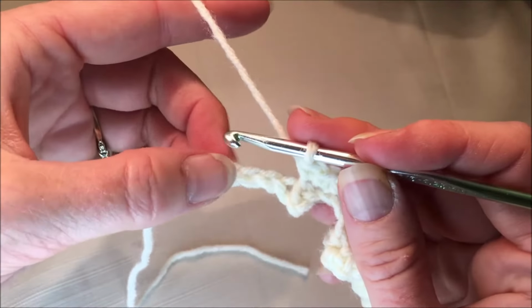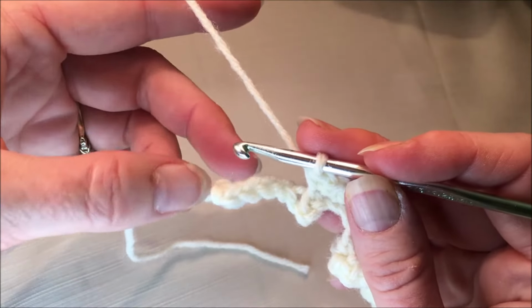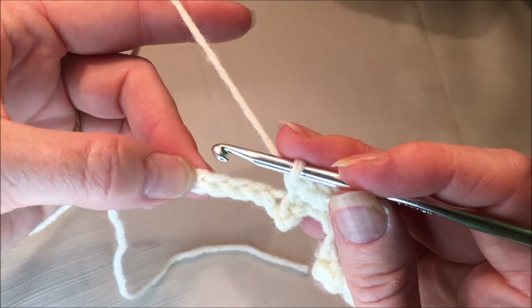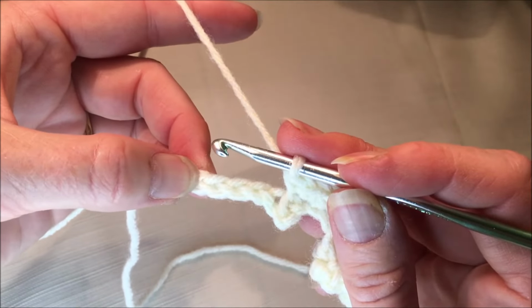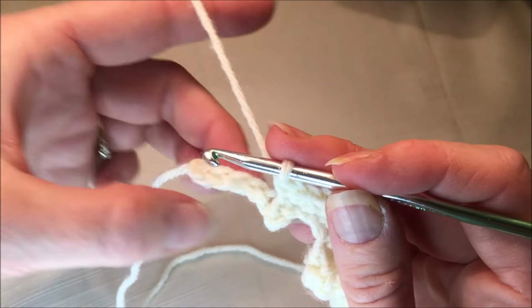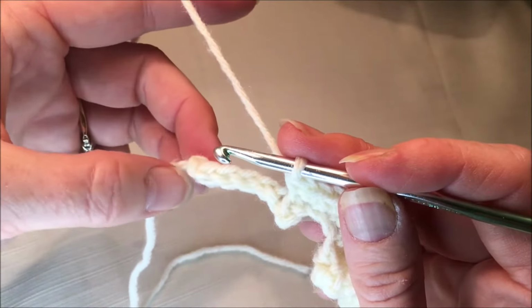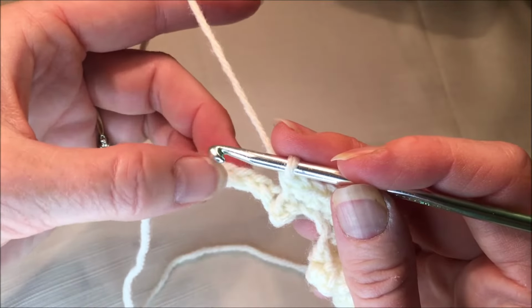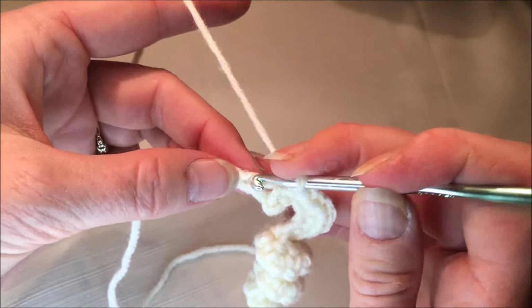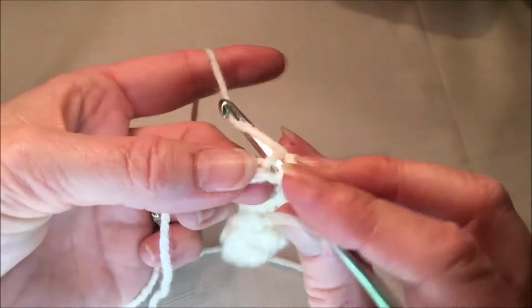And then you're going to slip stitch into the next stitch, and if you're not sure, you need to have your 5th stitch as your end and 4 stitches. So you have 1 here, which means there's 3 left. So 5, 4, 3, 2. So this is your second